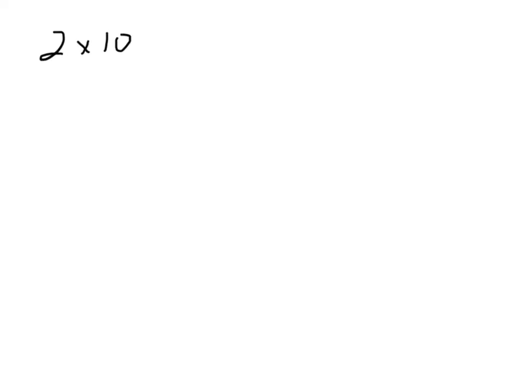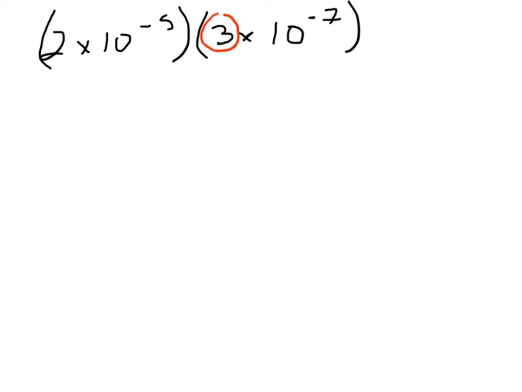2 times 10, and here we get a negative. Okay, and the rules are exactly the same as when we add and subtract negative numbers. So up here I'll get 3 times 10 to the -7th, parenthesis there. Now again, I'm going to multiply these two whole numbers. 3 times 2 is 6. I'm going to say these are both 10, so I'm going to say times 10. Now I get a -5